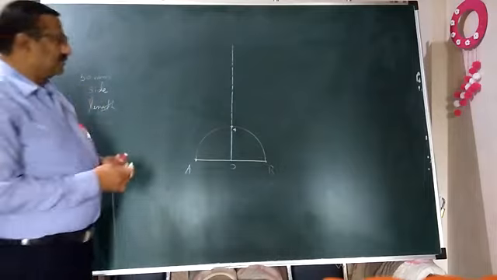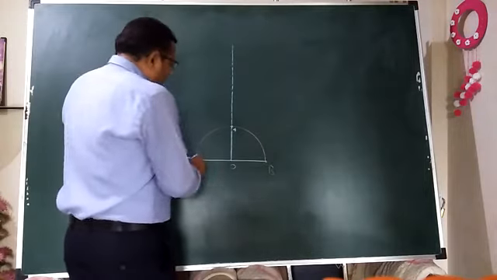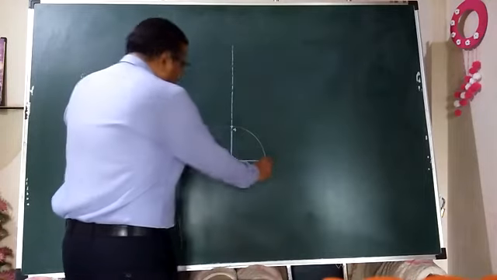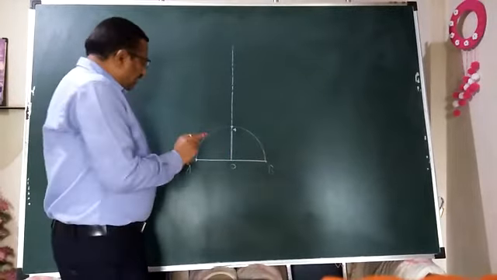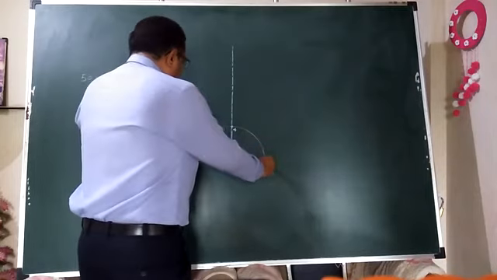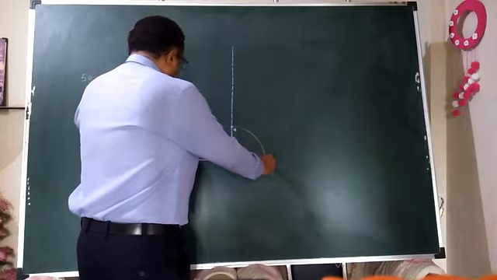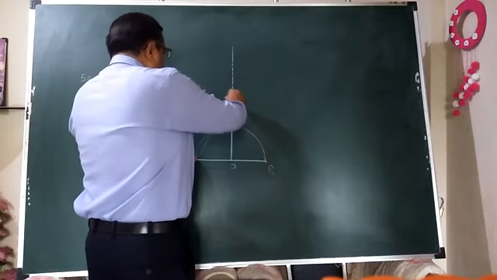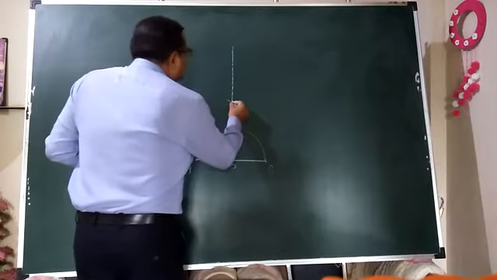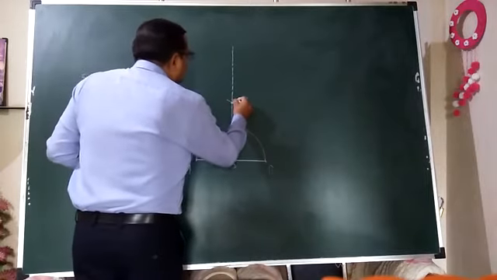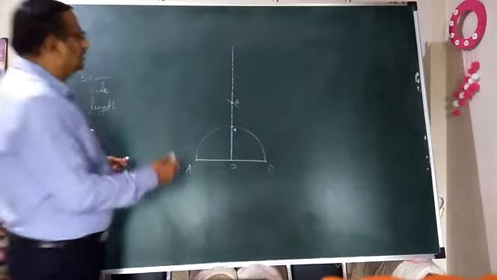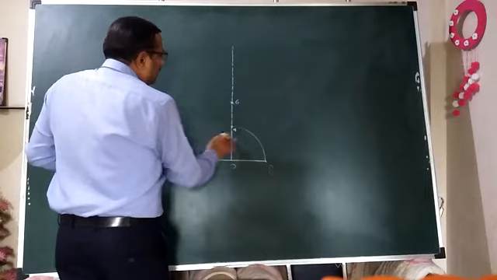Point 5, I will tell you later on. Similarly now pick the distance AB in compass. Whole AB segment length you have to pick in compass. Needle should be kept over A. Okay, and get one arc in this way, over this bisector line. So this point of intersection immediately you name it as 6. Point 5, again I will tell you later, like point number 6 and point number 4.